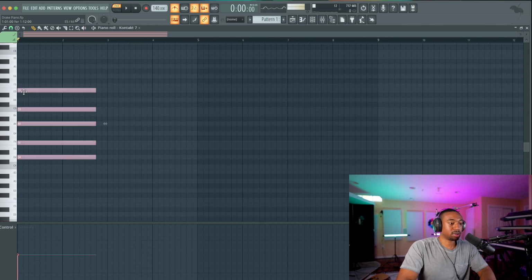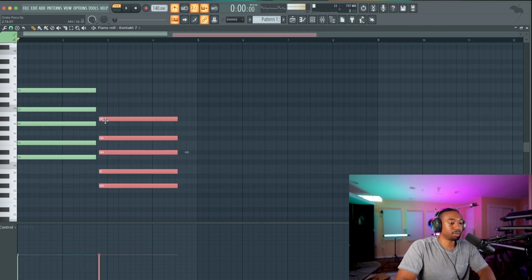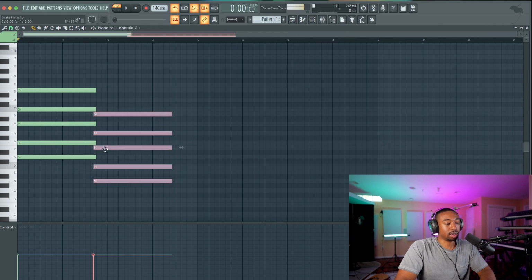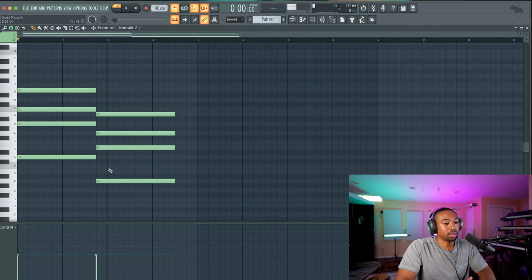So I want the top note to be B. I'm just gonna hit shift, grab all these notes, pull it down to B. Now, again, we didn't take out the middle, the third. So we're gonna highlight these, hit Alt G, and then we're gonna take out that second note in this case, which is considered the third. I don't have time to explain why it's called the third, but that's the third of the chord.